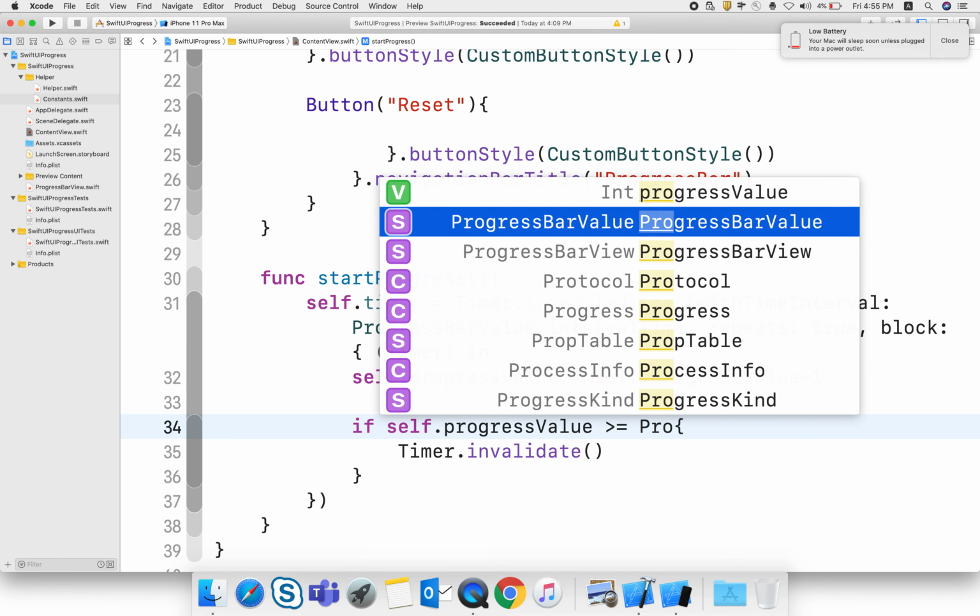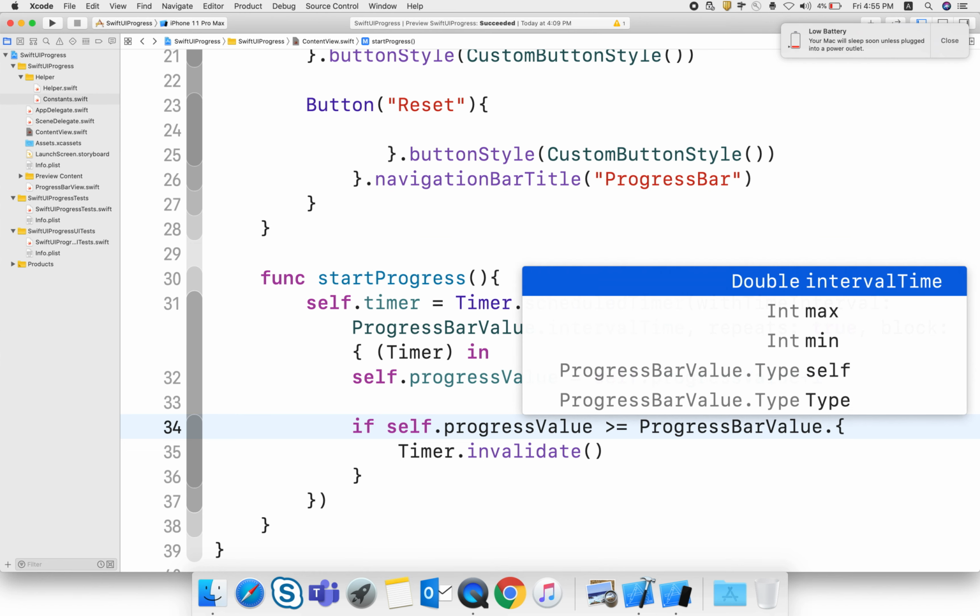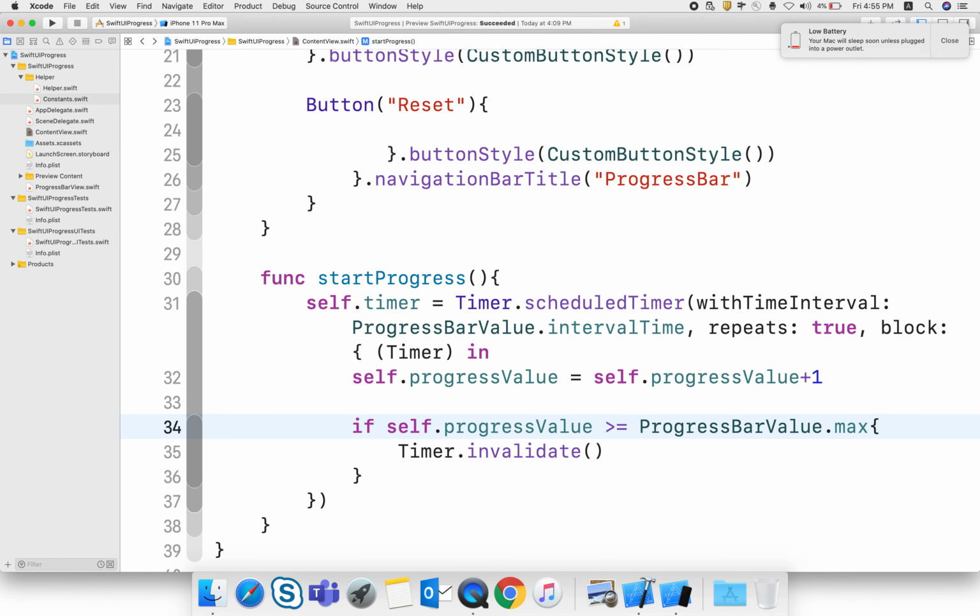Here you can give whatever seconds you want. After that your progress is finished.